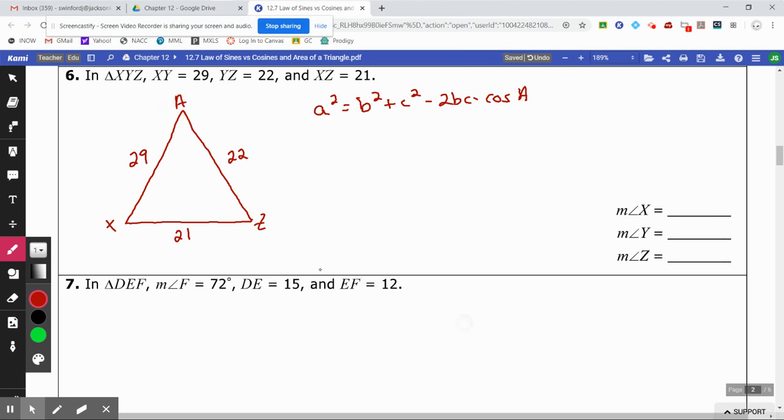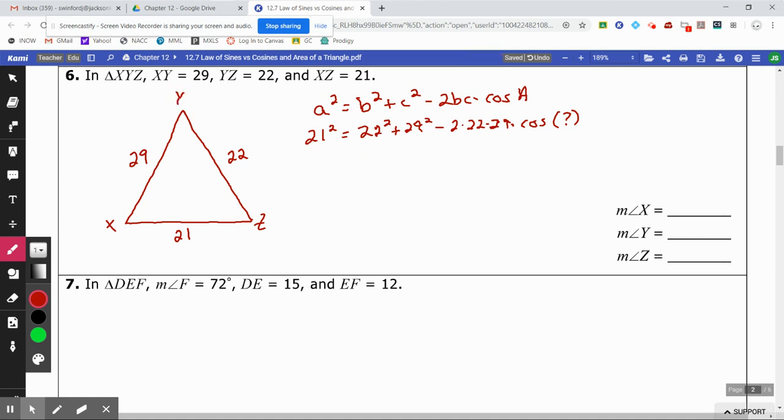Little a is going to be 21 now. Little b and c, it doesn't matter which is which. So that'd be 22 squared plus 29 squared minus 2 times 22 times 29 times the cosine of what we're looking for. And I'll call it our x here. Well, that's going to be confusing because there's a side x. You can call it cosine of question mark. But just keep in mind that this a value up here, now that you've got it plugged in, is actually